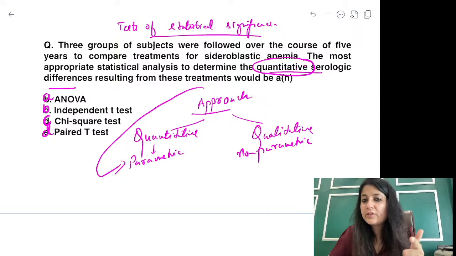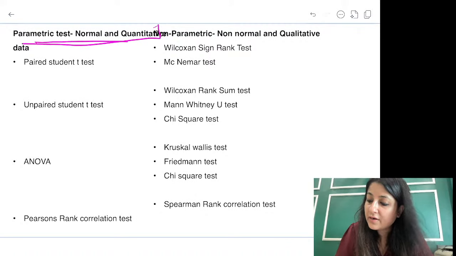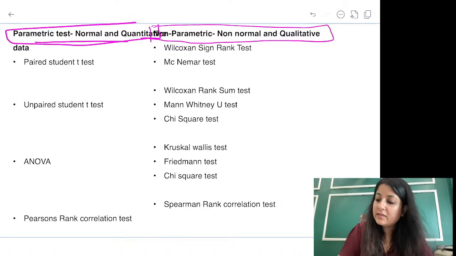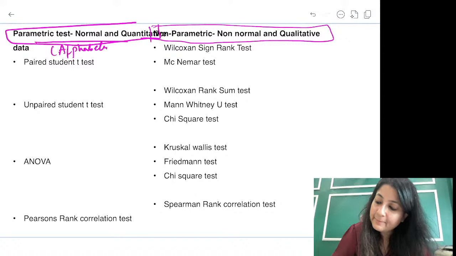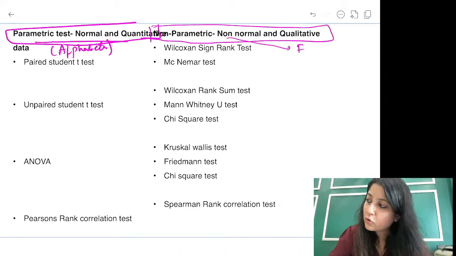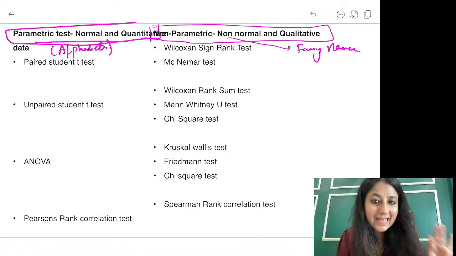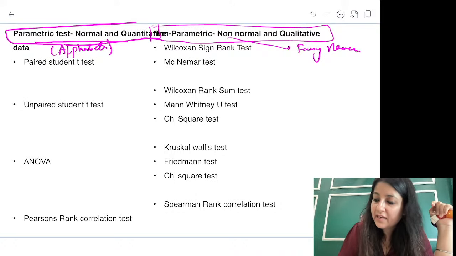Okay? Next question is, what are the parametric tests? Look over here. Every test on the parametric side is for normal and quantitative data. What is non-parametric? It's for qualitative. So the buzzword with parametric tests is alphabets, guys. I will give you a lot of questions to practice. Parametric is associated with alphabets. The non-parametric tests are all associated with fancy names. Listen carefully first. Parametric is alphabets, non-parametric is fancy names. Now just remember the mnemonic for parametric,